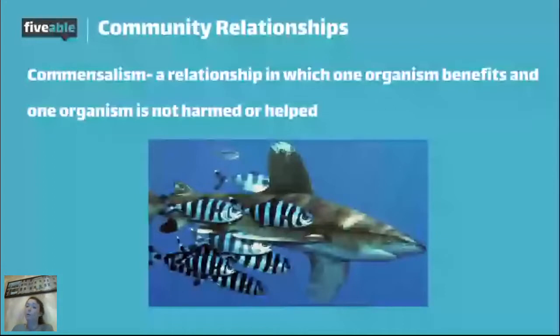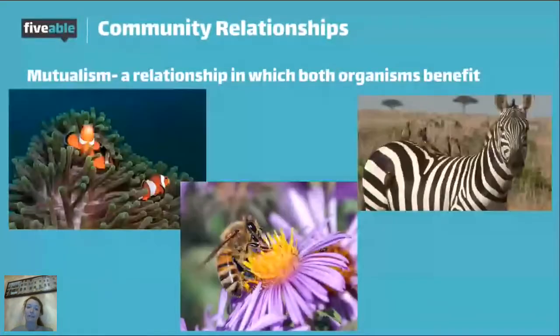And then lastly, one that you also might be pretty familiar with is mutualism, which is obviously a relationship in which both organisms benefit. So flower and bee, classic pollinator and pollinatee. So bees get nectar from flowers. They're attracted to them for a reason, because it's an evolutionary advantage for the flower to rub its pollen off on the bee, and then when the bee goes to another flower, it pollinates that flower, and they have more genetic diversity and variation in their population,